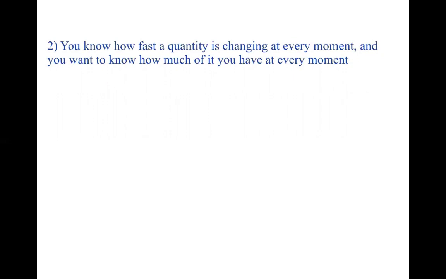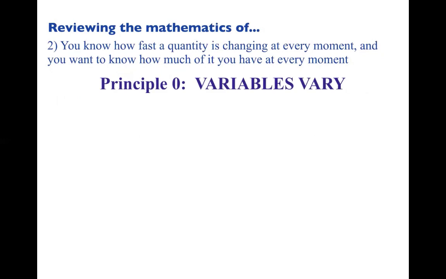So I'm going to break this down into a series of principles. We're going to review that, and I'm going to give you a series of principles, and kind of as an underlying principle before we start is principle 0, and that's that variables vary. Okay, variables vary. So here's an equation, 2x minus 7, and when you see that equation, what comes to mind